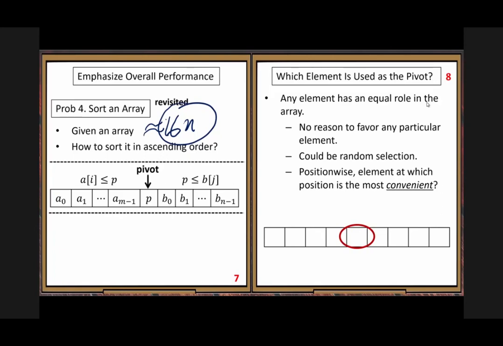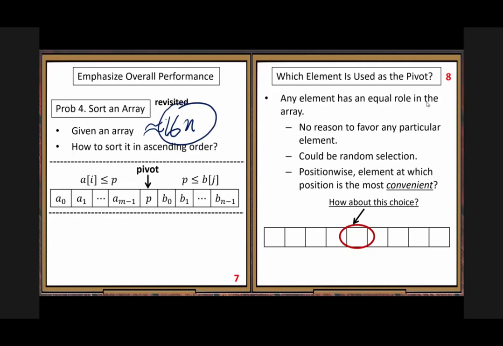Now we want to manipulate the elements. We put our pivot there, because the pivot element we randomly select one and put here. Think about if we use this position, when we try to get the A subarray and B subarray, we need to move elements around, from left to right, from right to left. When you move elements from the left-hand side of this one to the right-hand side, or from the right-hand side to its left-hand side,